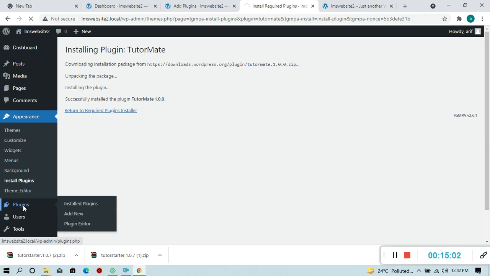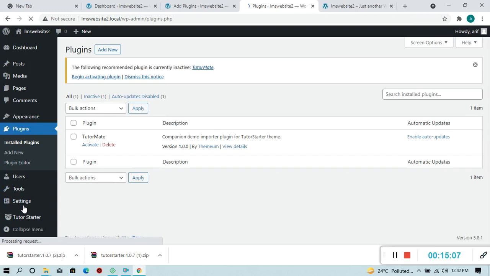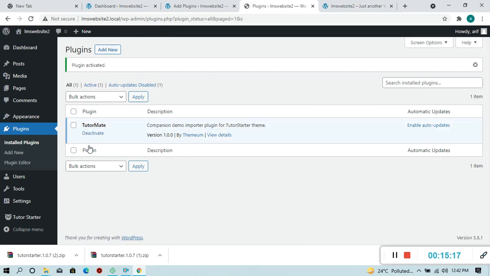Just check if it's installed or not. Yes, installed. And now click to activate. Now TutorMate is activated. Now click on the starter sites.